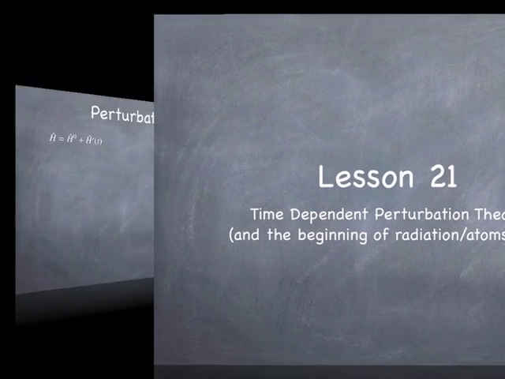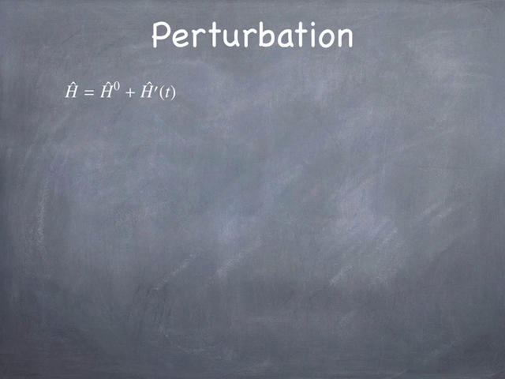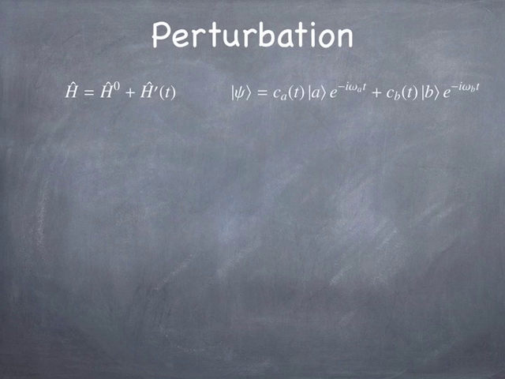So let's get started. The idea is to imagine you have an unperturbed system, an atom just sitting there, and then a time-dependent perturbation comes along and affects it in some way. The notion is that we can describe the atomic quantum state as a superposition of a little bit of state A and a little bit of state B. And we're going to further assume that we start out in state A and we make a transition to state